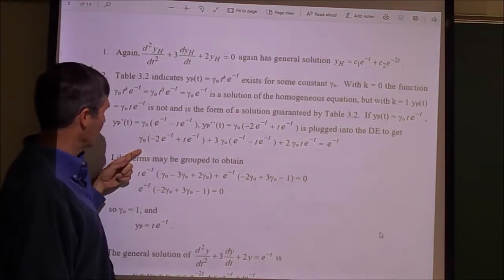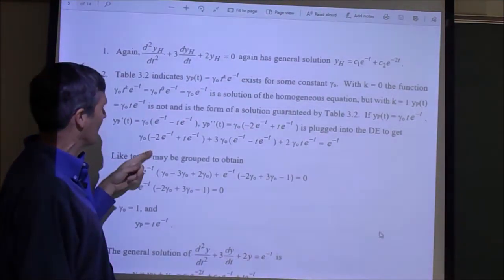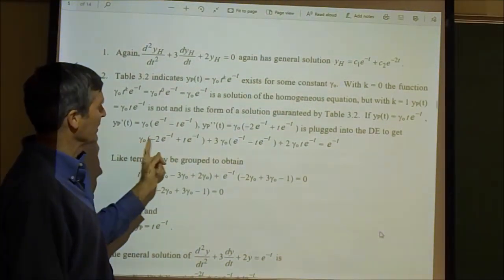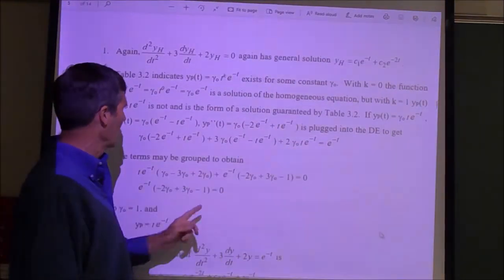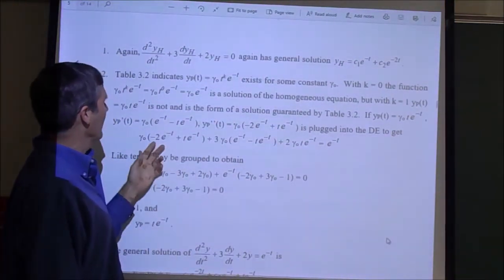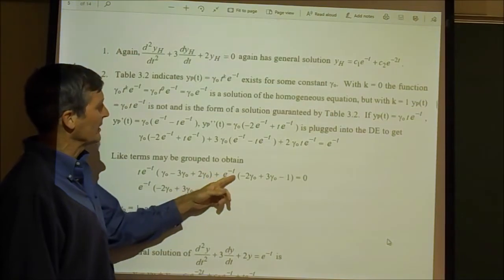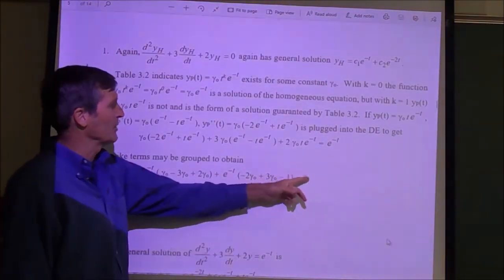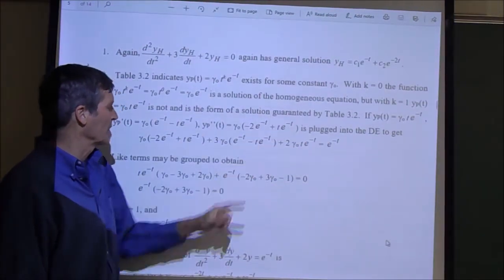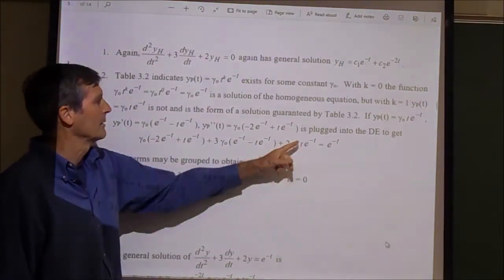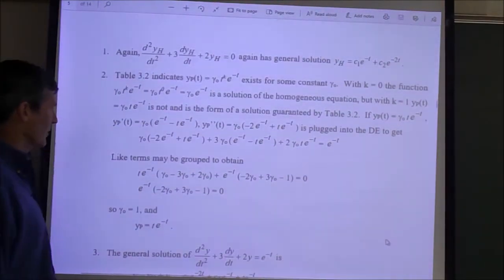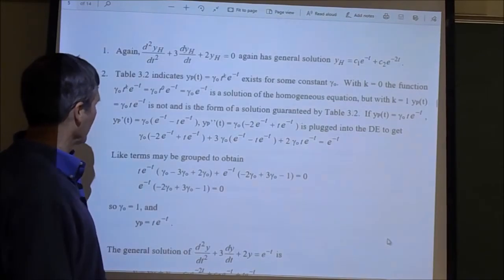Now I group like terms. I group all the terms of t e to the minus t. This times this, and this times this, and this all together, and they look like that. I group all the terms together with e to the minus t times the constant, and I put 0 on the right-hand side. I have to subtract this one over to do that. That's where the minus 1 e to the minus t is. So I group the like terms, all equal to 0, and now,